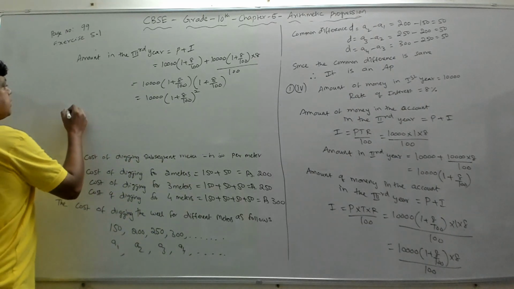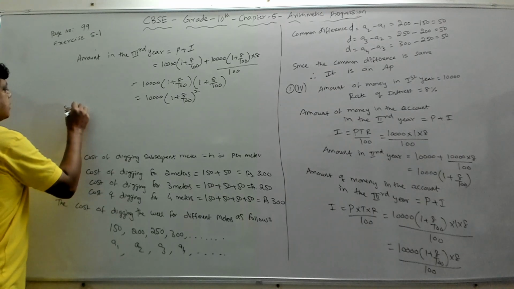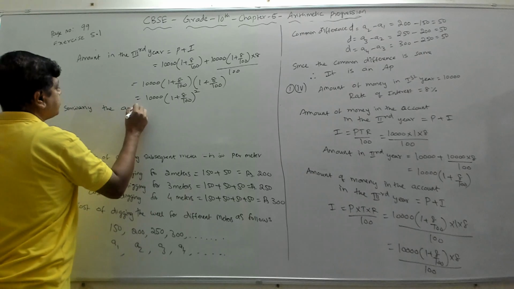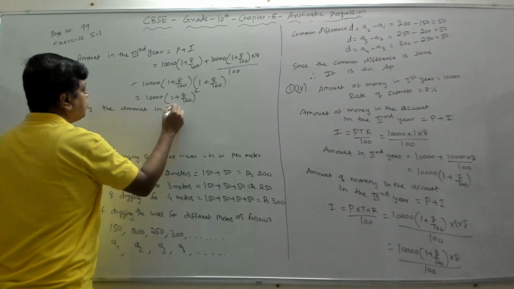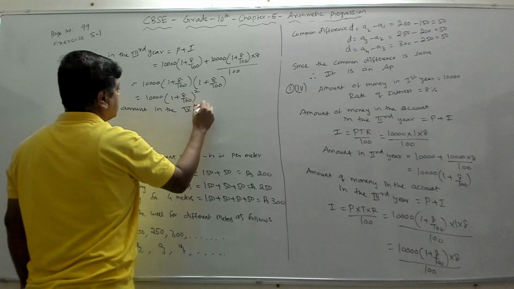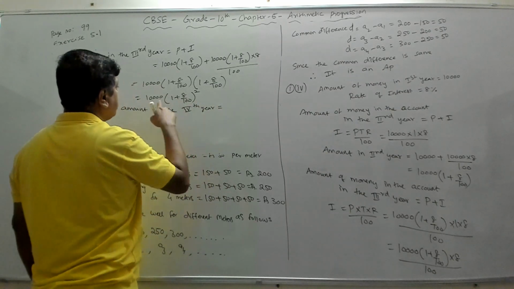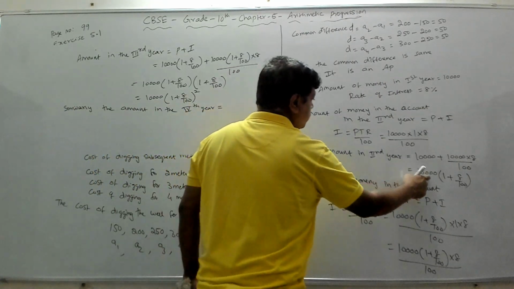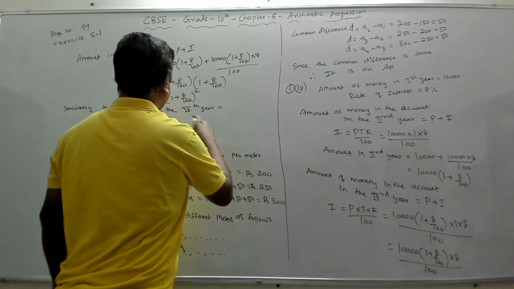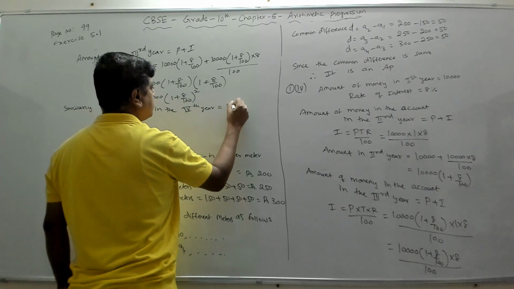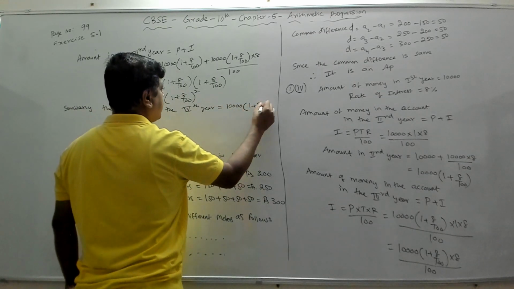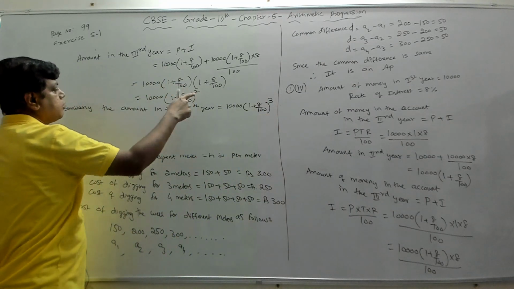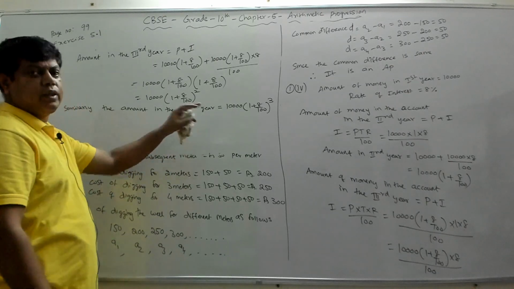Fine. So we can say similarly, the amount in the fourth year will be equal to what? Third year it is 10,000 into (1 + 8/100) square. Second year it is 10,000 into (1 + 8/100). So in the fourth year it will be 10,000 into (1 + 8/100) power 3, cube. For third year it is square, so fourth year it will be cube. Even if you calculate, you will get the cube.